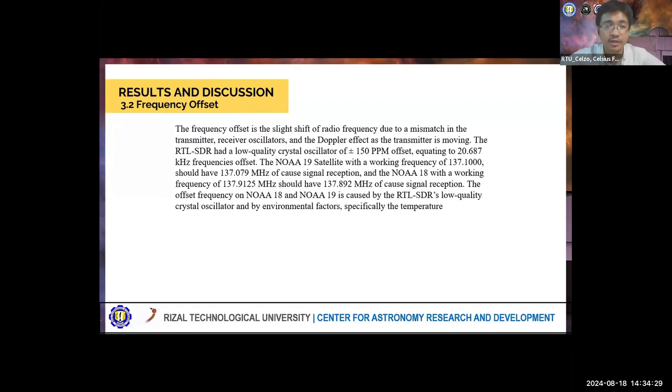The frequency offset is the slight shift of radio frequency due to the mismatch in the transmitter and receiver oscillators, and of course the Doppler effect as the transmitter, just like the satellites, is moving. The RTL-SDR had a low quality crystal oscillator of plus or minus 150 parts per million offset, equating to around